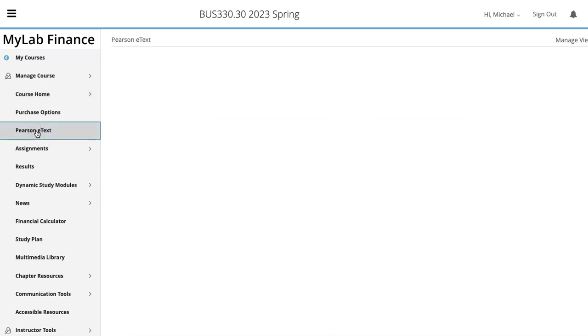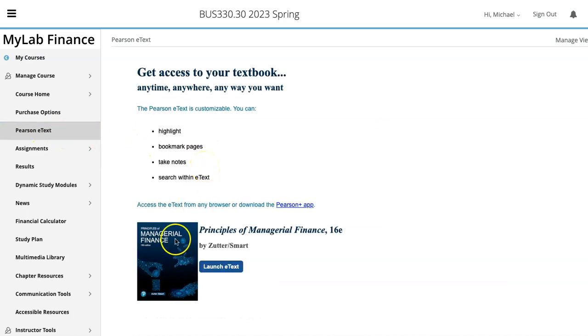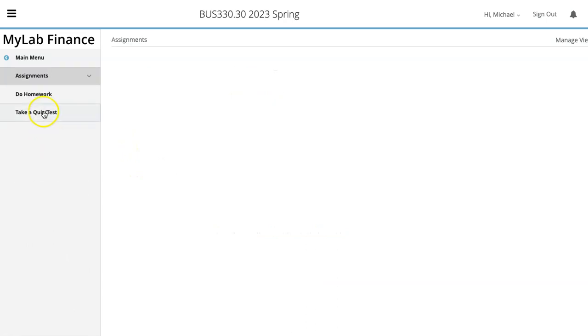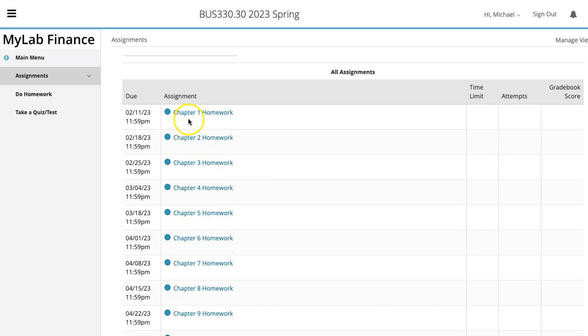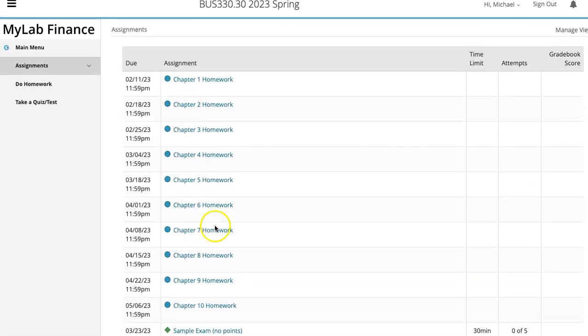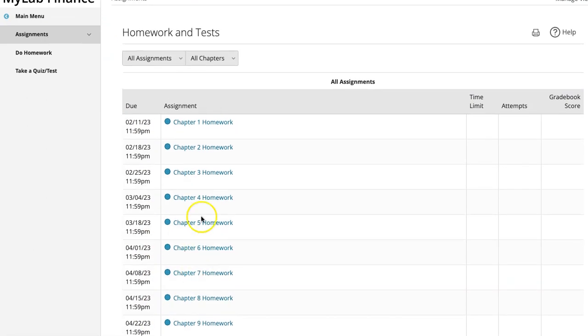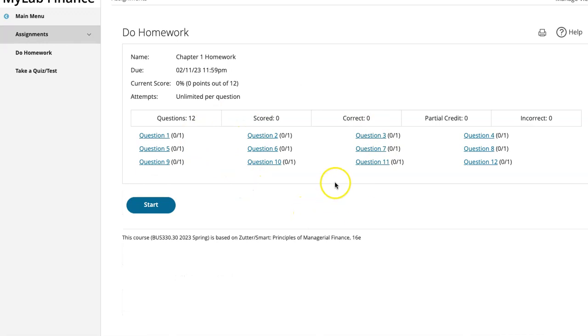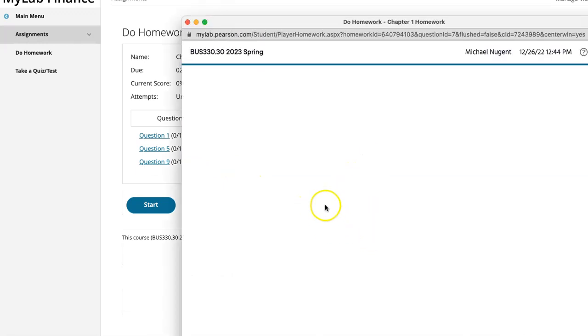So if you click on the e-textbook, this will bring you to a link where you can launch the e-textbook to read the textbook. The assignments here are listed in chapter order. So these would be the homework assignments and the due dates. So for each homework assignment, when you click on it, it's going to have a number of questions to complete. So when you click on the question,